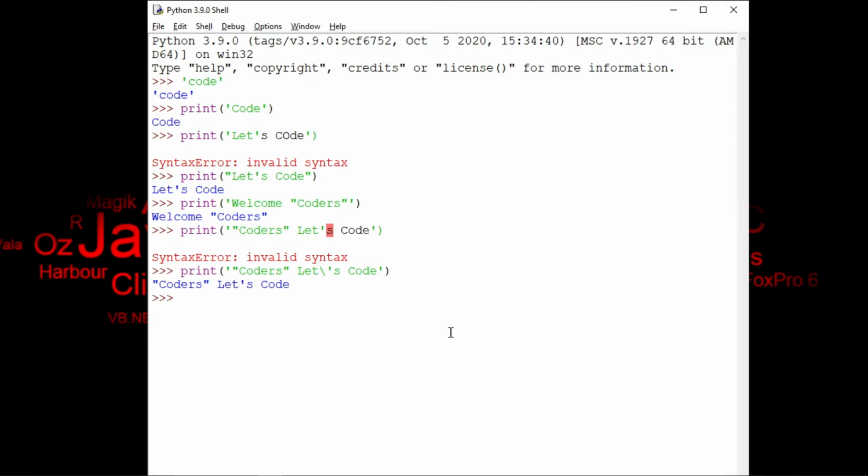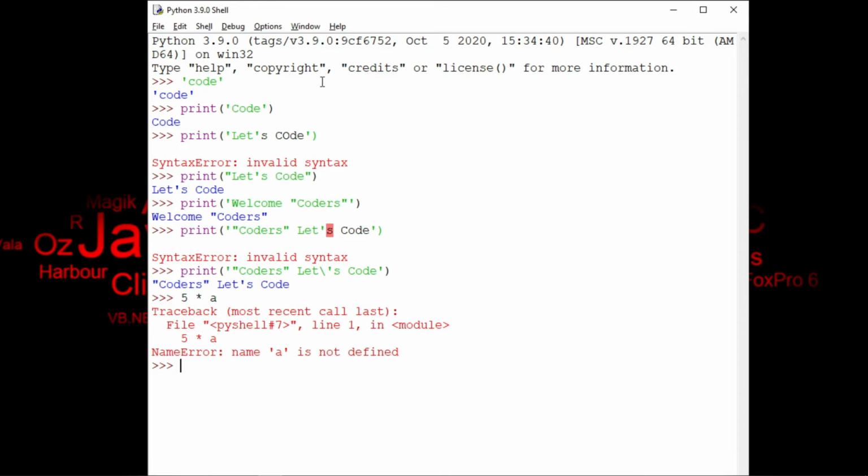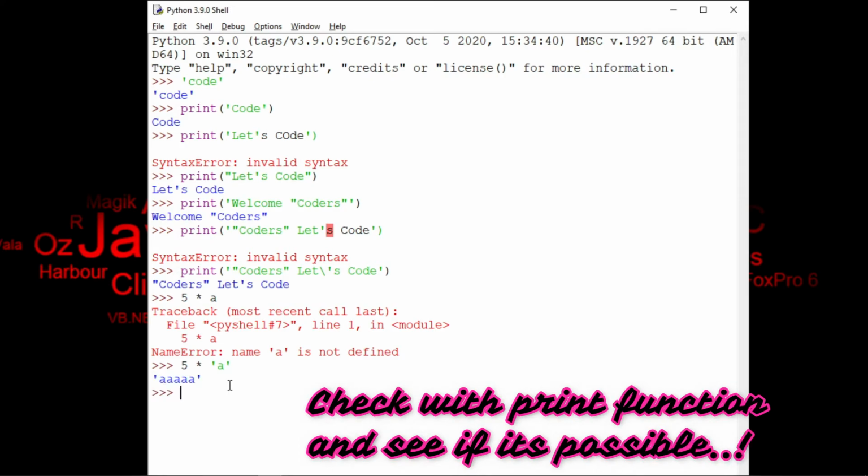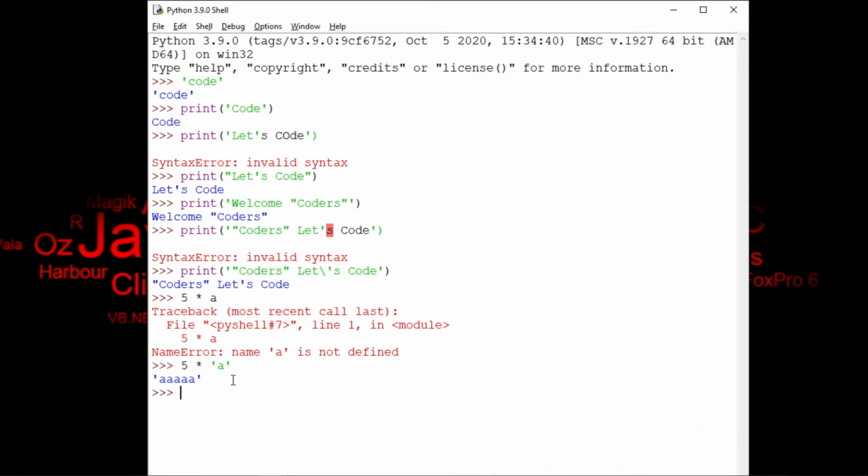Now see, what if I want to print some string literal n number of times? N can be any number, 2, 3, 4, 5, it depends upon us. So can we multiply this string? Let's try. Let me try to print 5 times a. So I will just multiply 5 and a, and see, it is not working. Why? Because I have already told you we are writing our string literals in single quotes. So let's try with single quotes. So 5 into a, and now you can see here a is printed 5 times.